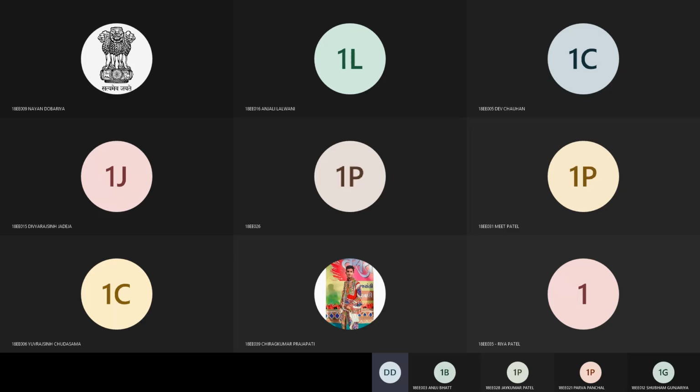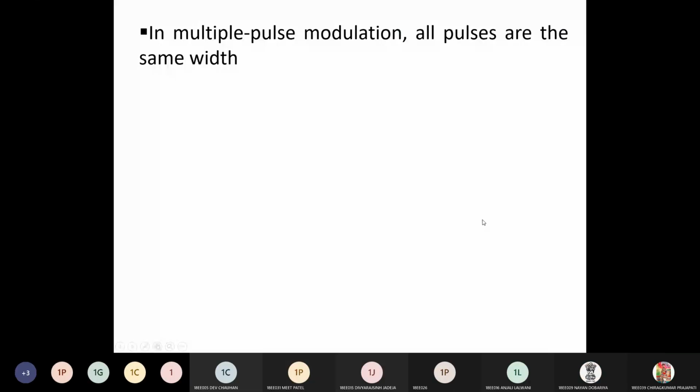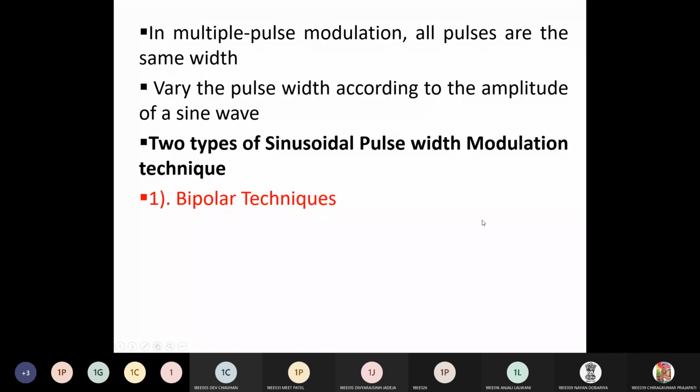We have discussed the single pulse modulation technique, the multiple pulse modulation technique, and then the sinusoidal pulse width modulation technique. In sinusoidal pulse width modulation, we have seen that there are two types: one is the bipolar technique and another is the unipolar technique. We already studied the bipolar technique, in which we compare the